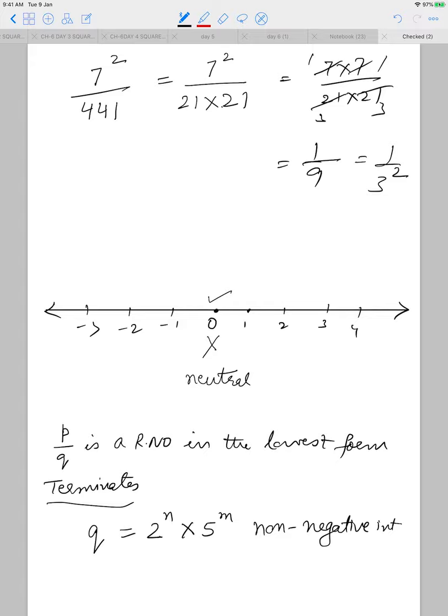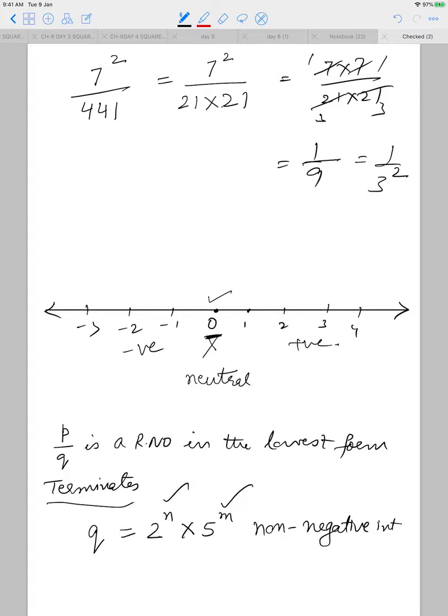So when I say positive integers, excluding 0, all the numbers after 0 will be positive integers. Similarly, if I say negative integers, leaving out 0, all the numbers on the left hand side of 0 will be called negative integers. When we define integers, we say positive counting numbers, negative counting numbers and the number 0 together constitute integers. So 0 doesn't come under the category of positive or negative. So if I say here n and m are positive integers, it means I am ruling out the possibility of having 0 as the power of any of these numbers.